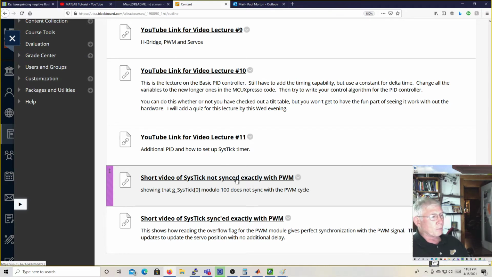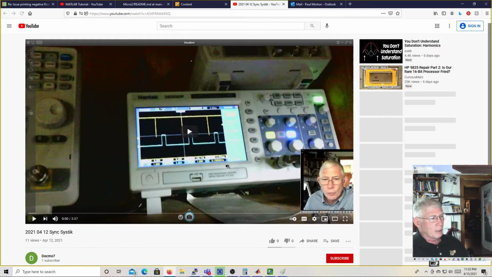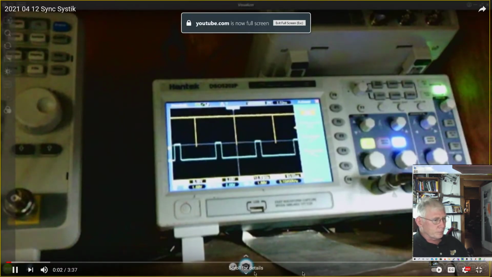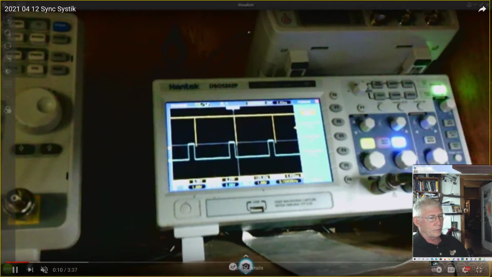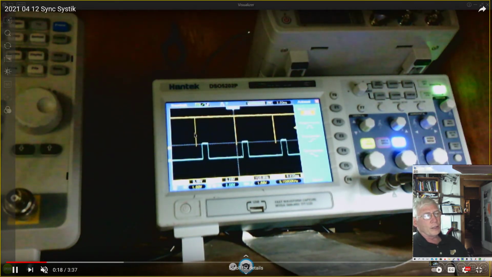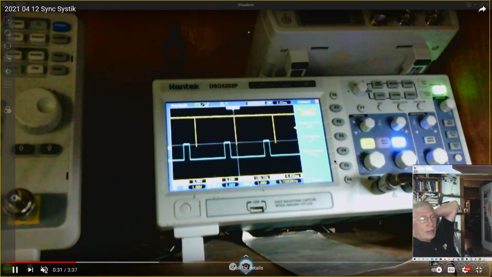So I put on the scope and I did exactly that. I had it set up so that this is my attempt to try and sync. So you can see, and I don't know if you watch this video, I made a little video and talked about it, but here's the scope. The yellow trace is the system tick, and it's generating a little spike every 10 milliseconds. The pulse period, from the start of one pulse to the start of the next pulse, is exactly 10 milliseconds as well. But as you can see,